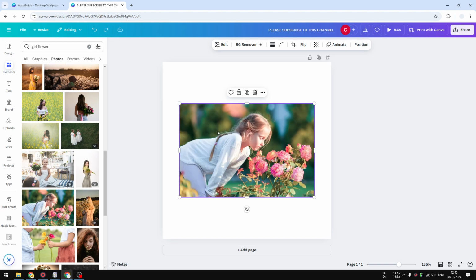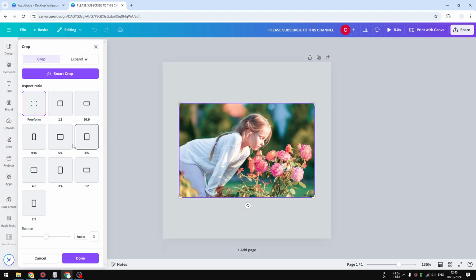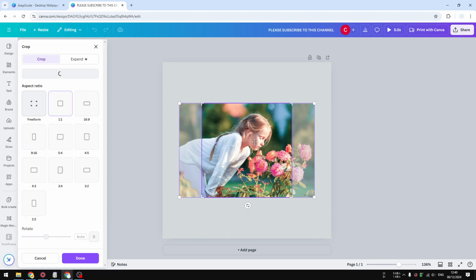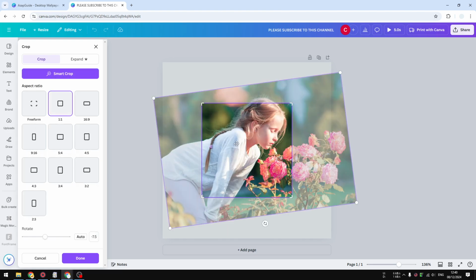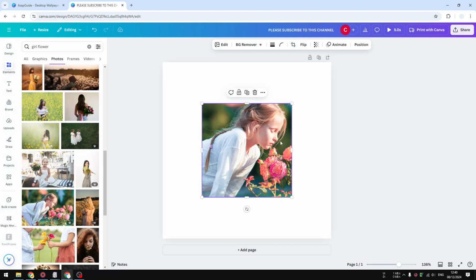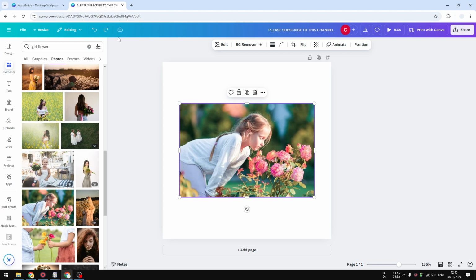And also you can double click on the picture again and then you can decide what is the dimension or the aspect ratio of the picture. For example, I'm going to be selecting the square 1:1 aspect ratio, and then I'm going to be selecting the Smart Crop feature, and the AI will try to figure out what is the best area or the best portion of the photo to be shown in that dimension. And I think the subject is still here, so that means the AI understands that this is the most important part of the picture. However, I would say that the Smart Crop feature in Canva is not always perfect,